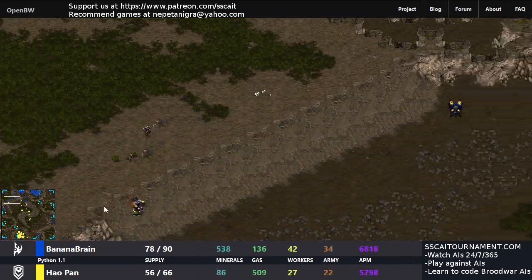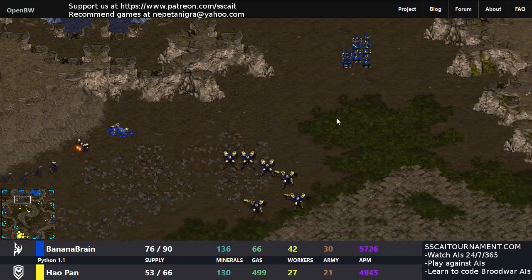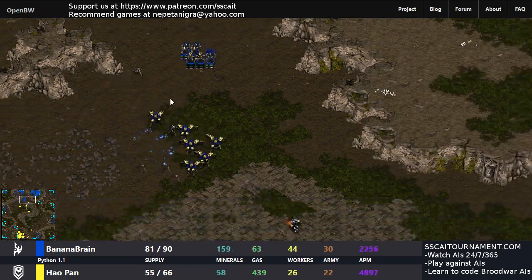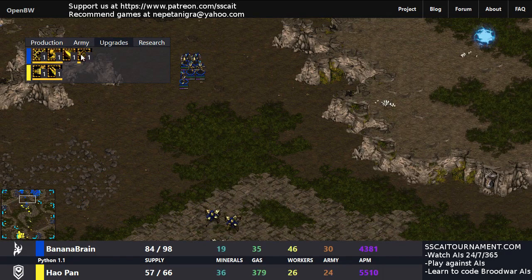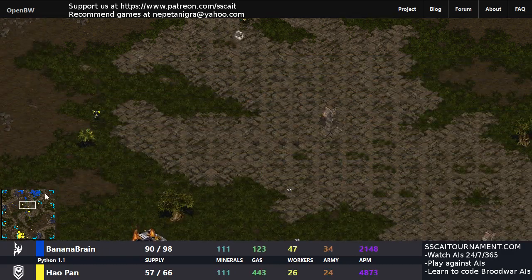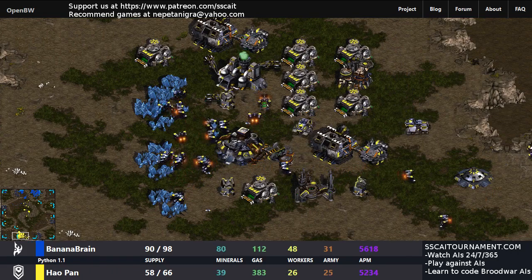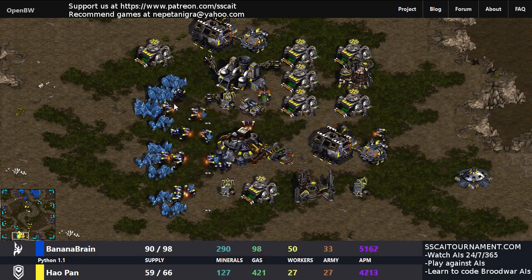Notwithstanding though, there is a lot of tomfoolery going on, and although, oh dear, the goons suffer a bit from these tanks, there are now 5 High Templar with the energy upgrade and the Storm upgrade. Oh, the energy upgrade is actually coming right now. So I'd say that Banana Brain is in good position, and Halpan still on 1 base. That's so conservative, especially if you are seeing that the